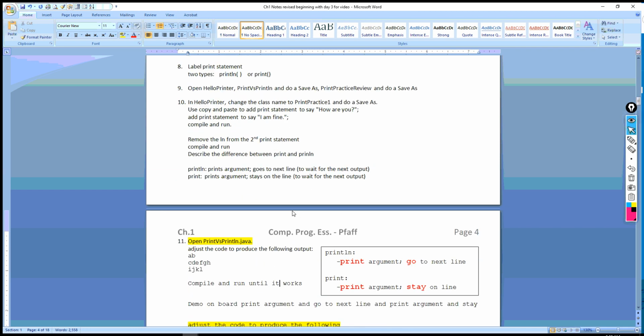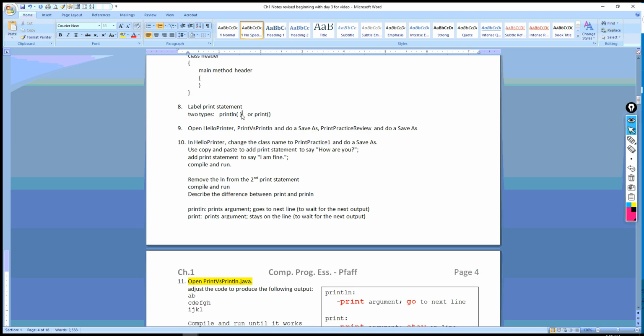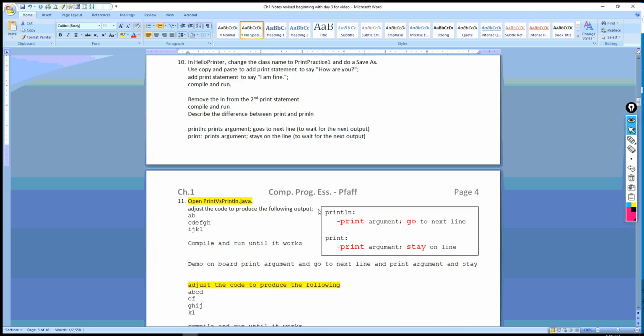Remember, you can have a print statement that says system.out.println, and then you have the argument in the parentheses, or you have system.out.print with no ln, and then you have the argument in the parentheses. Each of those printing methods does two things. The println, because it has the ln, which refers to a new line, prints the argument first, and then it goes to the next line. The print method prints the argument, but then it stays on the line. And so just to quickly demonstrate that,